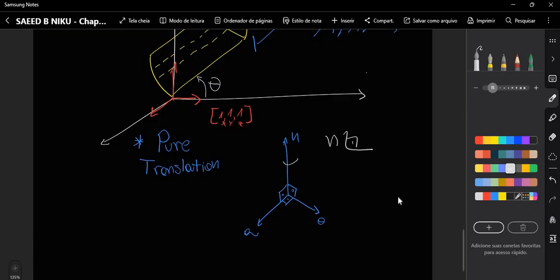N orthogonal to A, or we could also write A orthogonal to N, orthogonal or perpendicular, which is the same, to O, and A orthogonal or perpendicular to O. Okay, and they are unit vectors,